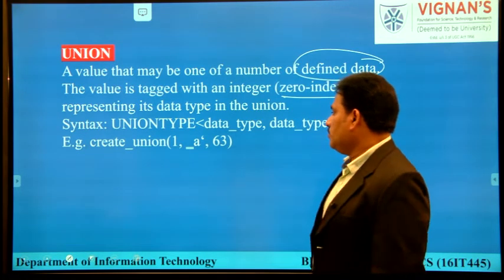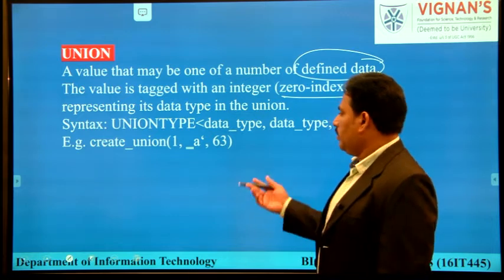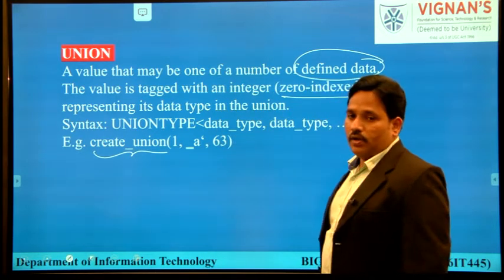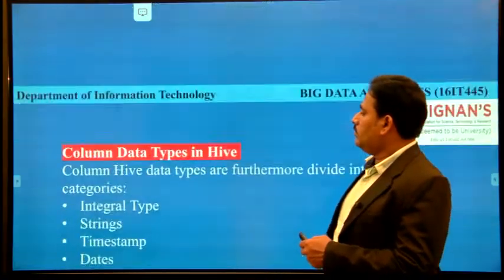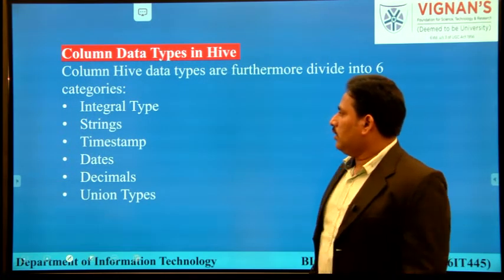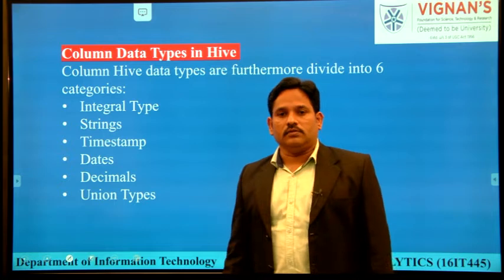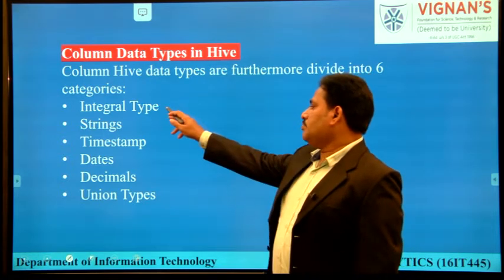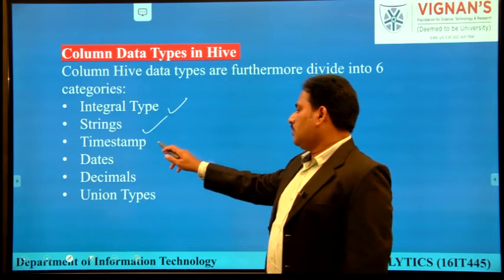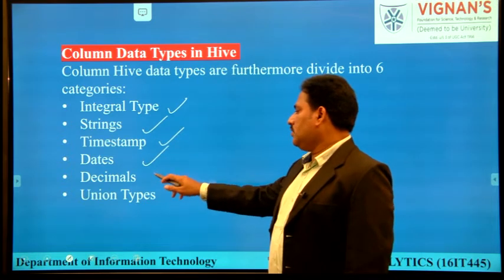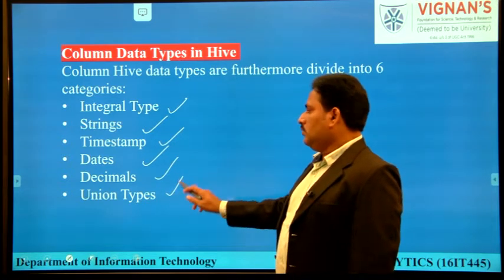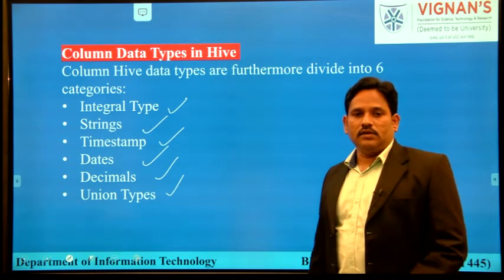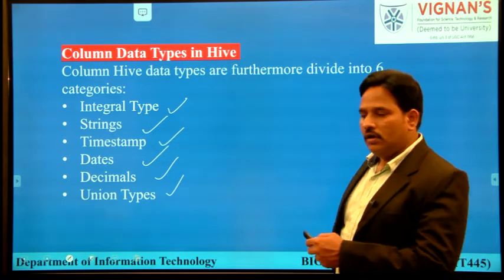Its syntax is union type, where we write the user defined data type and its value. Another type of data types in Hive are column data types: integral types, strings, timestamp, date, decimals and union types. These are some of the additional data types that we can use in the Hive environment.